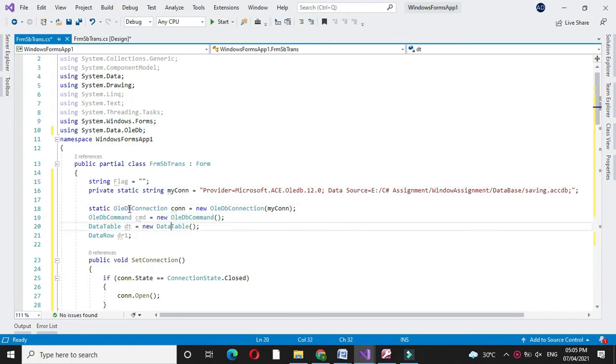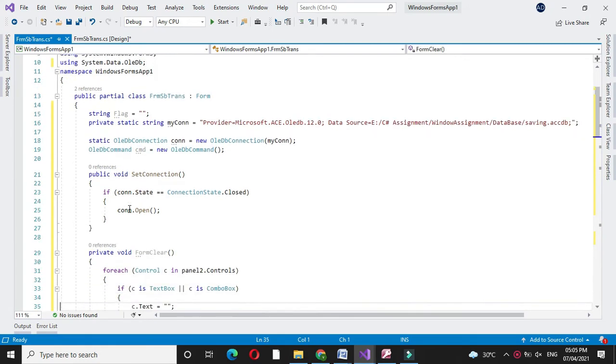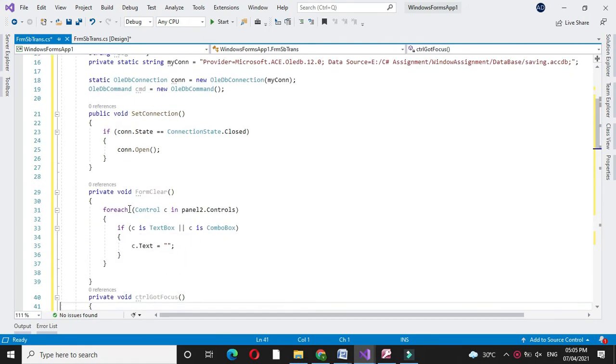Then I declared a command object, that's OleDbCommand cmd = new OleDbCommand. Here I have written this set connection method to make the connection with the data source. Then this form clear method to clear the controls of a form.